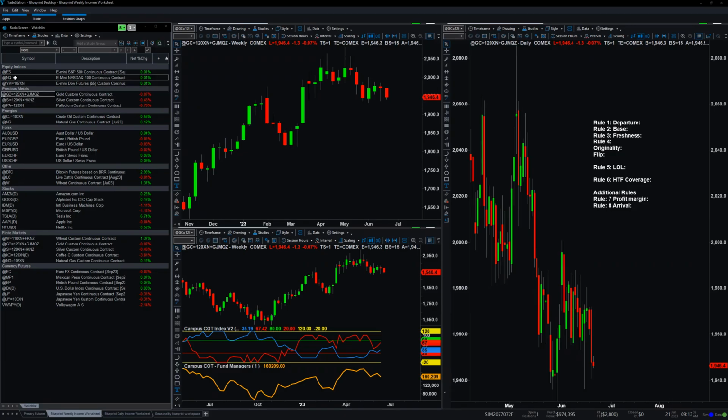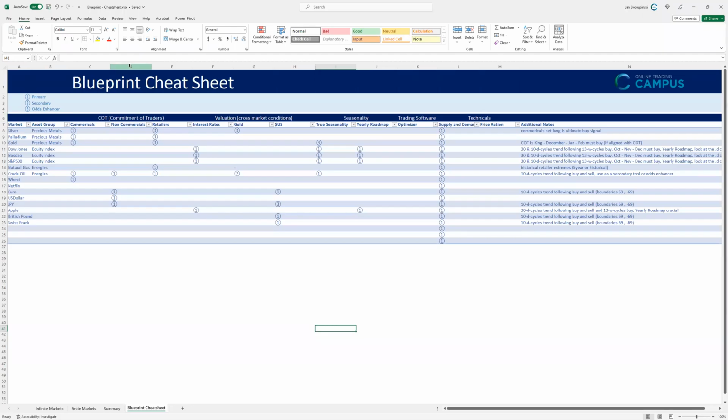Last time we talked about the equity indices, and what I did on the Blueprint cheat sheet is I added another column and I called this asset group, so I could group my markets within my asset groups. So here I've got